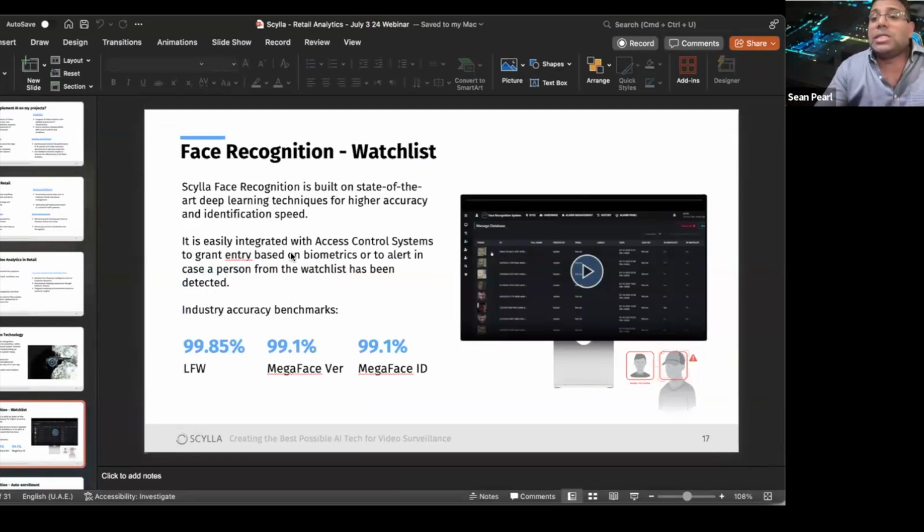Face recognition can actually be put to a lot of different use cases. It goes way beyond just regular access control, for example. What we can do is pick up on people that, let's say, look suspicious. But the question to ask here is, I'm a retailer.